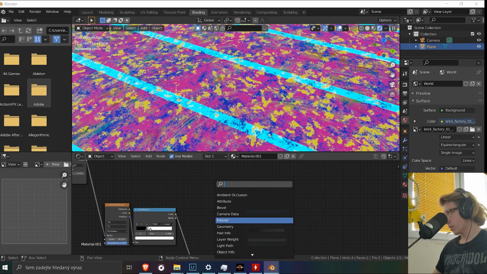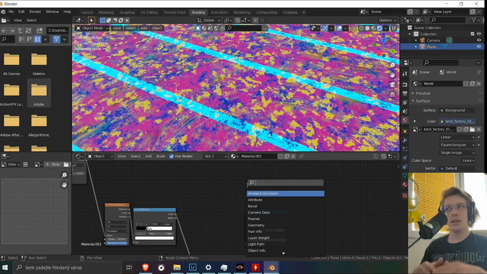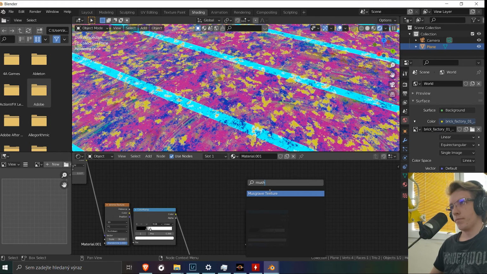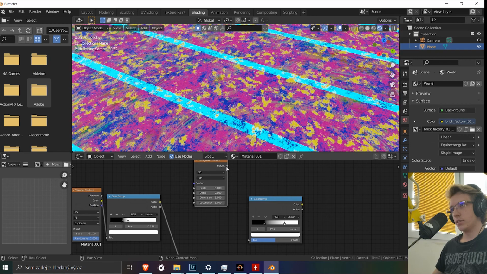Yeah, Musgrave. But you can experiment with basically any texture that gives you some quality of randomness to have places where the color is shown and where the rest of the texture is see-through, so you can layer on top of another. I chose Musgrave here because we used Voronoi before, and